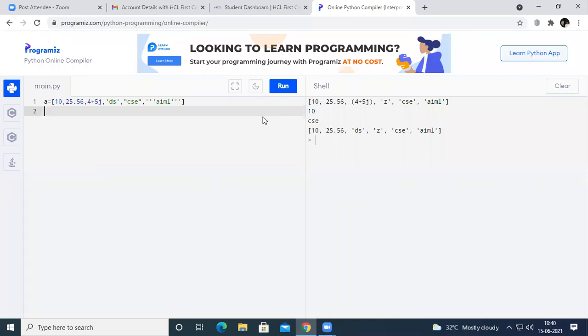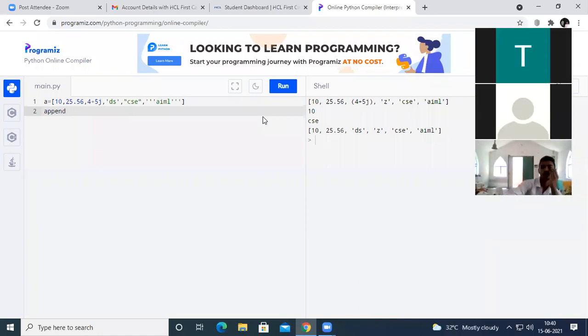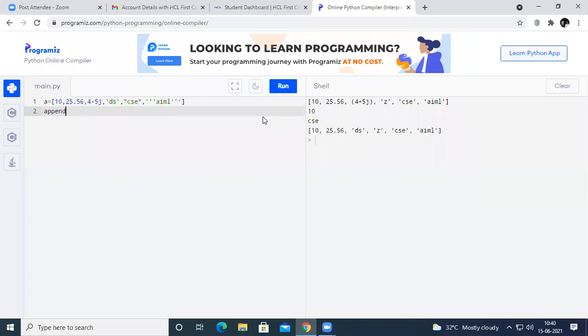So here the first method is append. This append method is used to add an element at the end of the list. For example, the last element in the list is AIML, and if you use this append method, then a new element will be added at the end of the list.